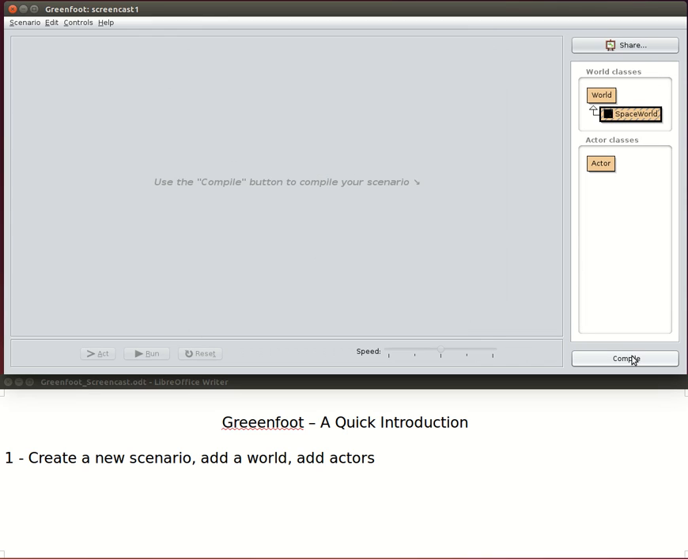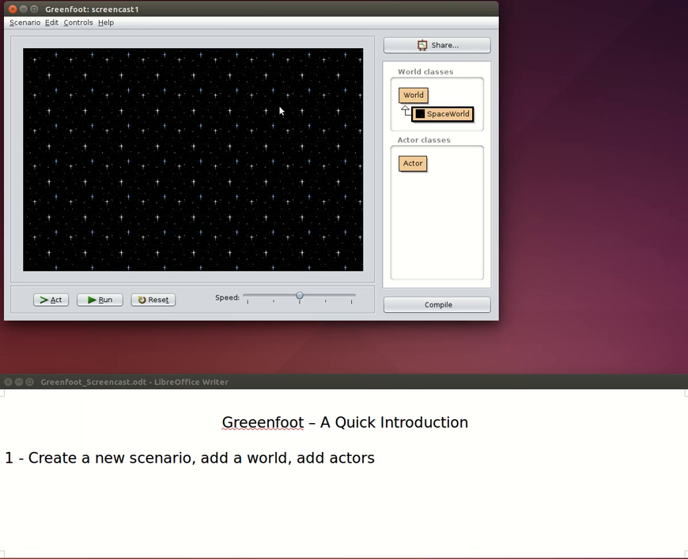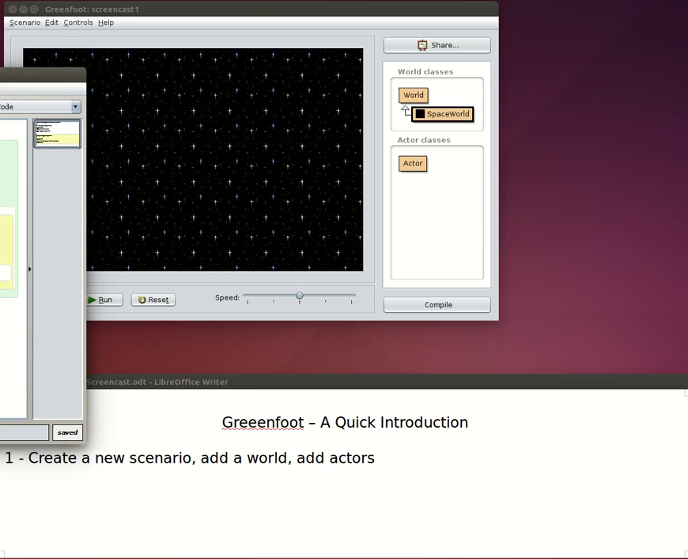If I now click on compile, I have an image of the background showing. So you can also see over here we have now a subclass of World. If I right click on my SpaceWorld class, I can have a look at the code by clicking on Open Editor. And if I drag the window for my code onto the screencast,